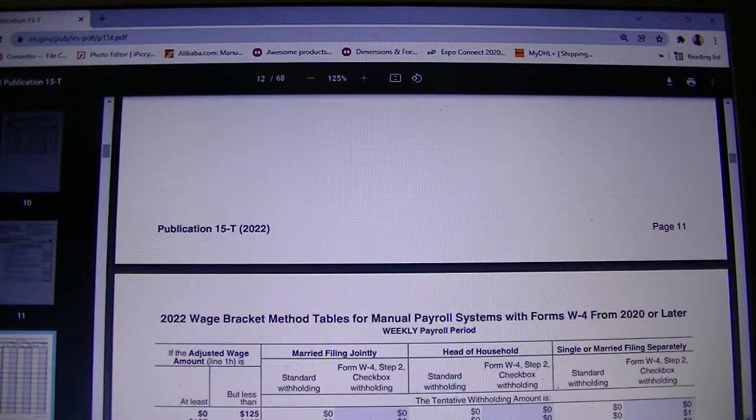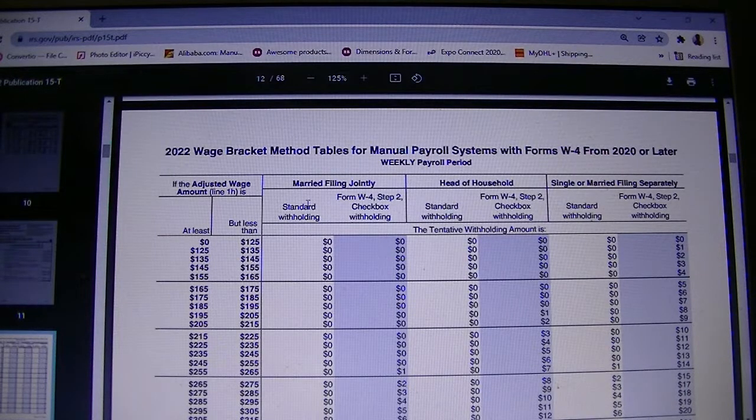the estimate based on manual process. This one does not give you that percentage to do multiplication with. It gave you an estimate to work with, a dollar amount to work with. So at least, but less than, you still have the brackets, but then you need to find yourself whether it's married filing jointly or head of household or separate or single, and then you will find the dollar amount that you need to withhold. They have the standard withholding, and then they have the form W2 if step 2 checkbox withholding